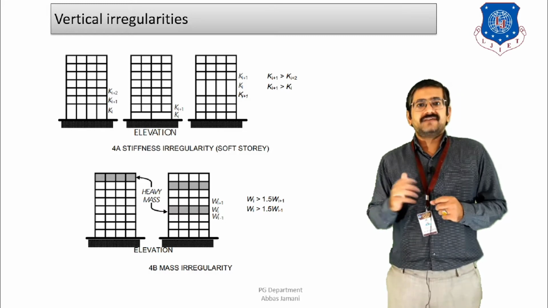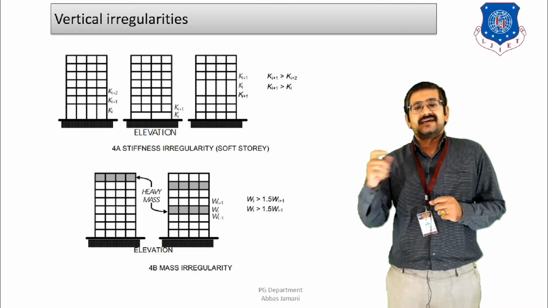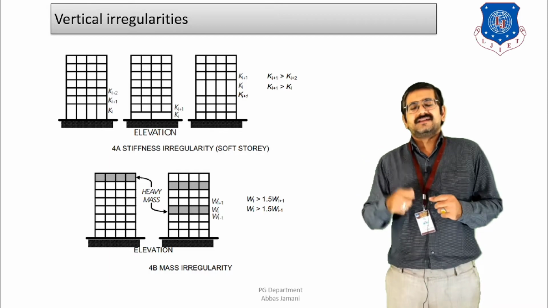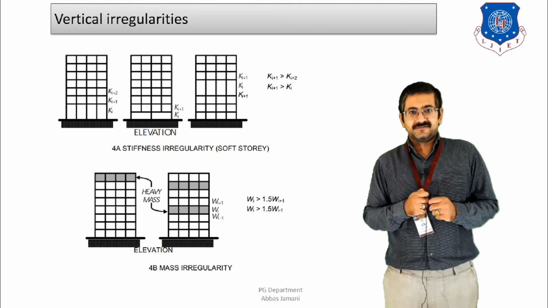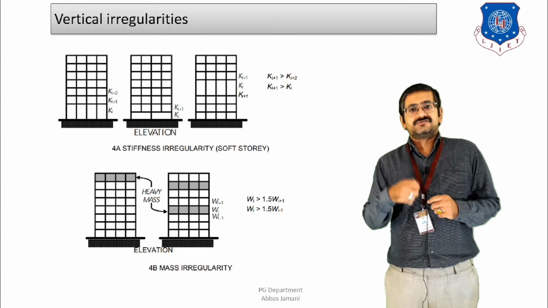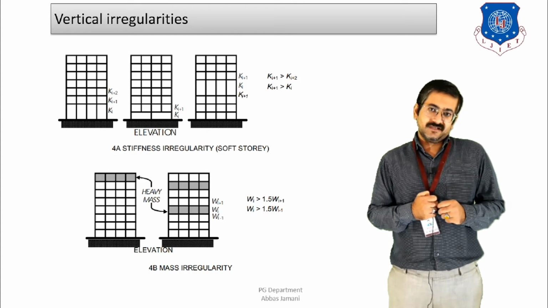Now in all three different cases, what we can see is that the length of the column is directly proportional to the stiffness, right? So whenever the length is changed, as a result the stiffness is also changed. At the same time, if more columns are present, then also the stiffness is likely to change because of the increase in the cross sectional area, right?